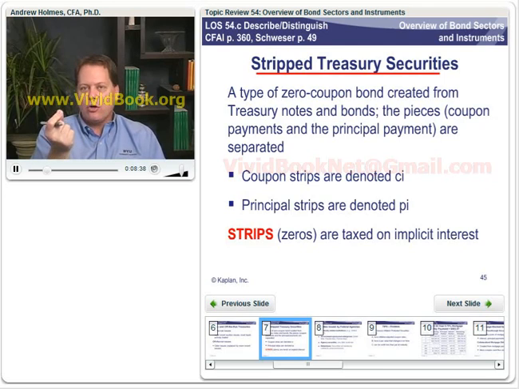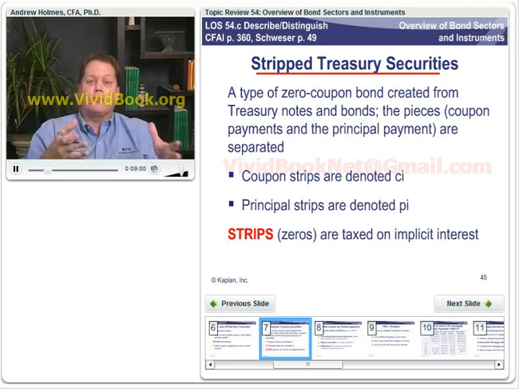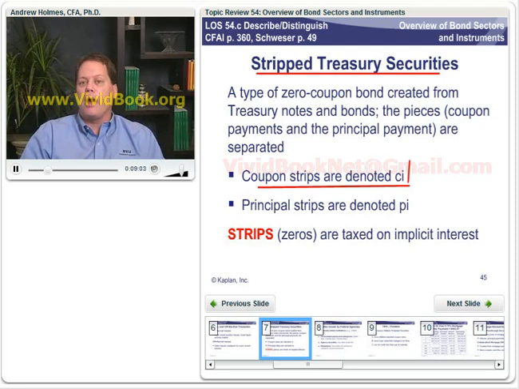So it's a single coupon that we have stripped off of a Treasury coupon security. Well, we could take that individual coupon and we could sell that into the market. Okay, effectively that is a zero coupon bond that has one payment 23 years from now. We can create those either with coupon interest, okay, that would be denoted as a CI, or the principal that's coming 30 years from now, if it's a 30-year bond, that would be the PI. So we have principal and interest bonds here. So this is going to be a way to create zero coupon Treasury securities.